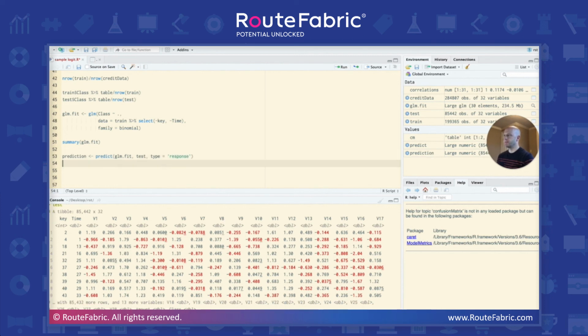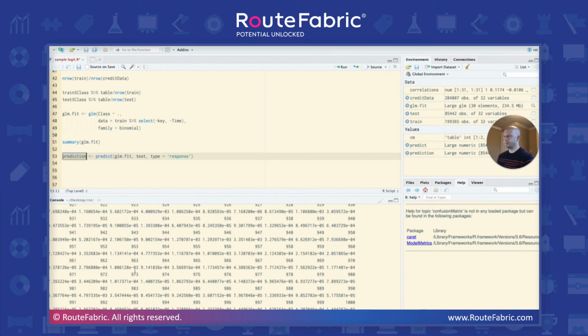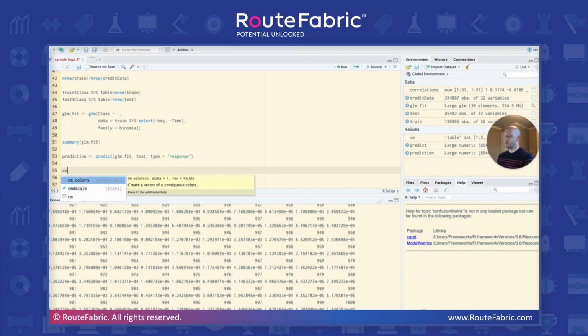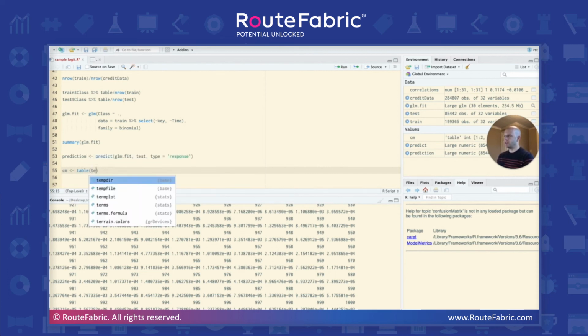And in so doing, we get a number of predictions out. This is not very pretty to look at, but basically we've gotten a number of probabilities because this is a logistic regression from 0 to 1. So if we now look at that in a confusion matrix, we're just going to build a table based on